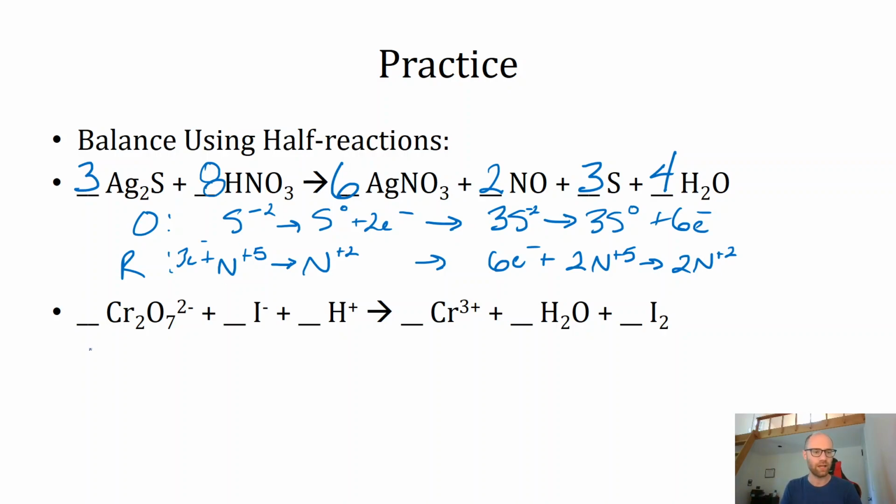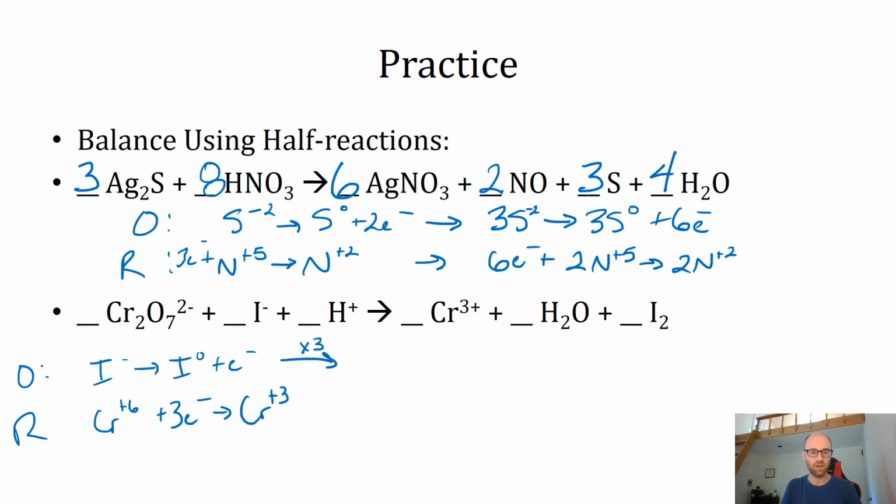I prefer that way. So for the oxidation, we're going from I- to I0 plus an electron. And for the reduction, we're going from Cr plus 6 plus 3 electrons. We're going to go to Cr plus 3. So this is going to have to be times 3. We're probably going to have to fix this in a second. And then we're going to get 3I- will become 3I neutrals plus 3 electrons. Cr plus 6